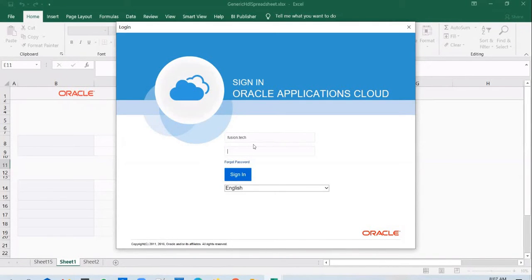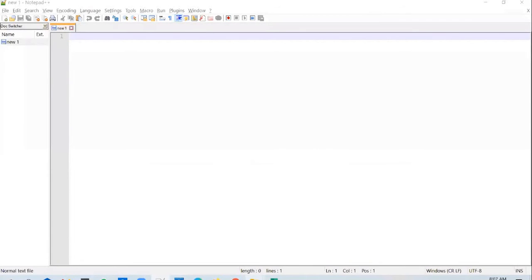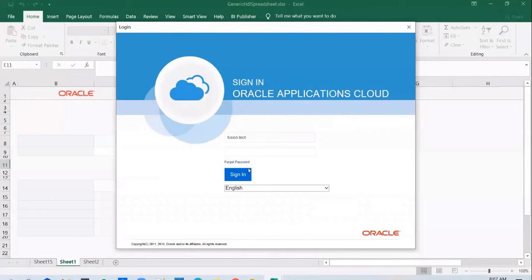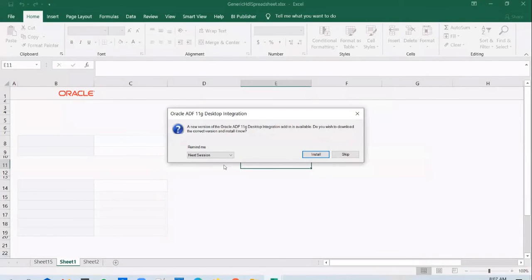Let me get the password, guys, for the Fusion Tech user. It says a new version is available, so I'll just keep it.